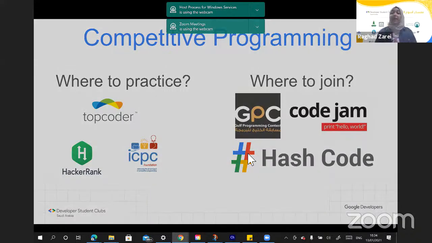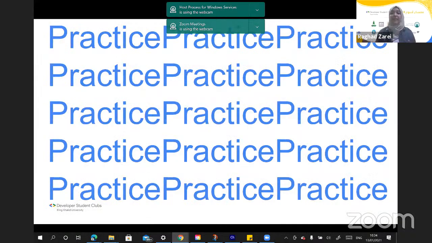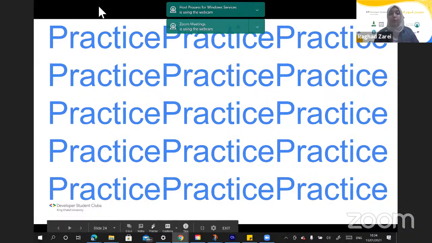All right, so the key to anything about programming is to practice. As you can see, I wrote practice so many different times because this is the only way to really improve your programming skills. Memorizing code or things like that will not really help or might not increase your logical thinking. However, practicing will really increase that for you.